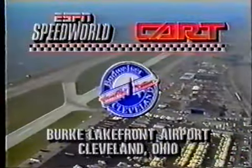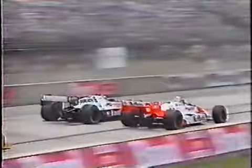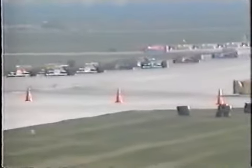Budweiser Cleveland Grand Prix. The cars are out on the circuit, and we're ready to go. The field is rolling now, still warming up, getting their cars in position, checking their gauges. The front row, the front of the field, all properly aligned, but Scott Brayton already with a problem in the Amway machine. As the green flag comes out, the race has begun, and Mario Andretti darts in behind Emerson Fittipaldi